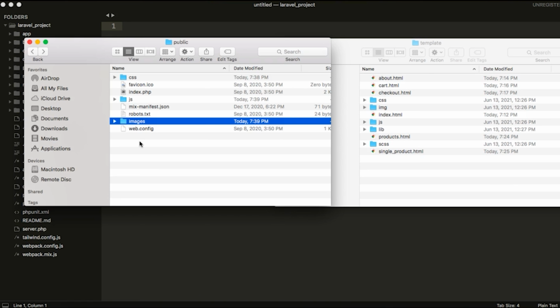I'm going to select all of the images from here all the way to the end. I'm going to select all of them, and then I'm going to copy, and then I'm going to paste them in the images here. In these images, I'm going to open the images, and then I'm going to paste these